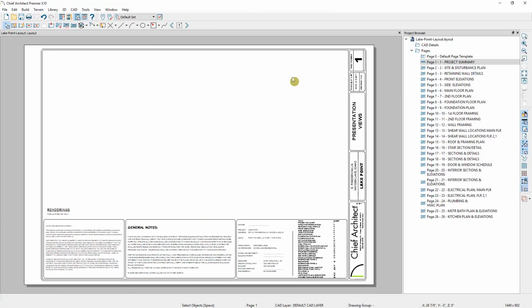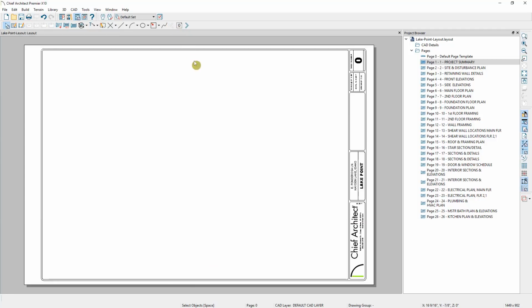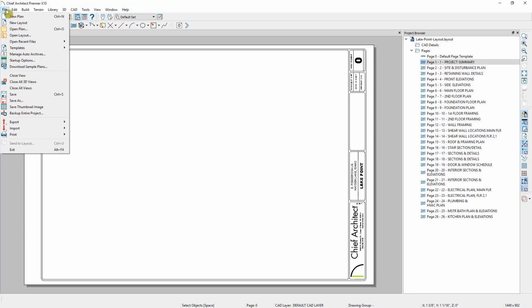Press the Delete key, and you can assume that I do that on all of the other pages on there. And then on page 0, I'll go in and make it very generic. On page 0, I'll come in here and I will change the plan name and the address maybe to be generic. When I'm finished, I'll do the same thing as we did a little bit earlier under your File menu,